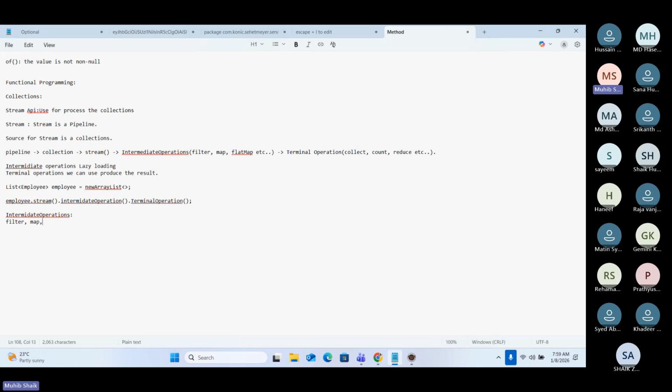So these all are methods. Flat map, distinct. So these methods we are going to reuse. We are not going to create new things. Sorted. You can see the method names also. You can easily understand. Limit,